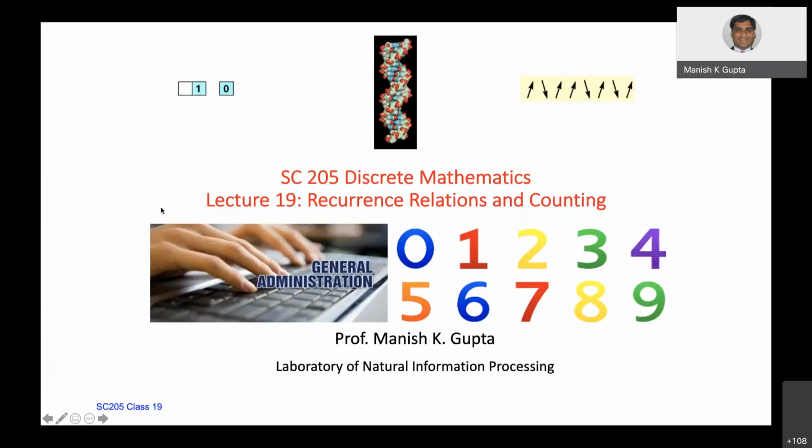Okay, so today, as we know, in the last class we were looking at certain counting problems which lead to a recurrence relation, right? And I gave you just a general definition of a recurrence relation. So today we are going to see how to solve them, and the techniques are almost similar to differential equations.